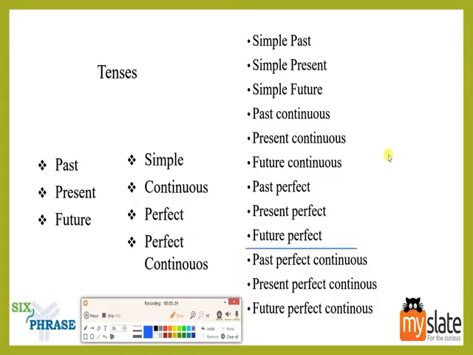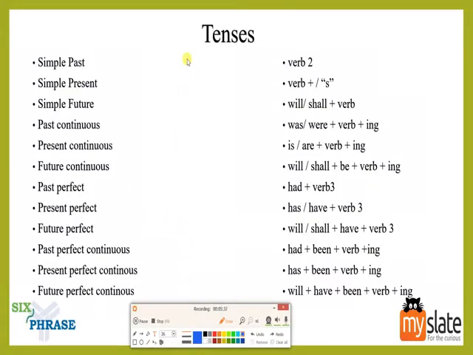Only then we'll be able to solve. Without actually knowing what is what, we'll not be able to solve it, right? So in the next slide, just leave the next slide. See, here in the tenses, this is what I was telling you about, the grammatical part of the tenses.